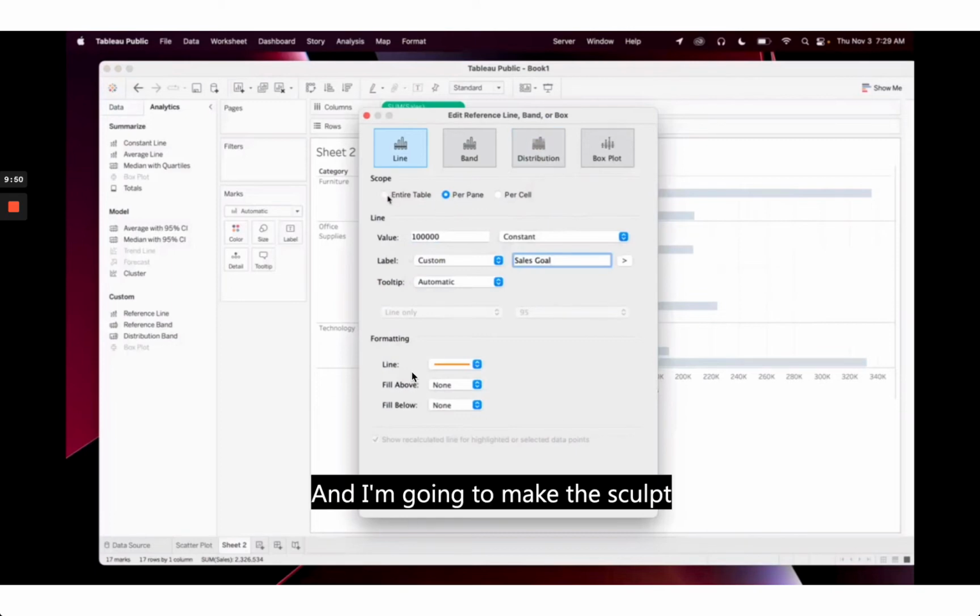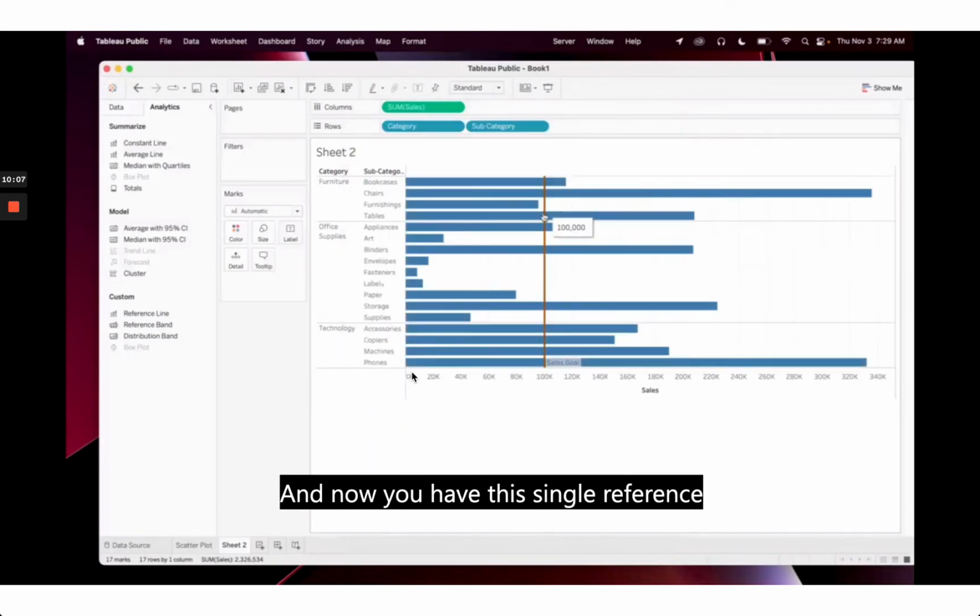And I'm going to make the scope the entire table because the sales goal applies to all products. So this is how it's going to look. I'm going to select entire table, choose a constant value of $100,000. I'm going to label it sales goal. I'm going to keep the color orange and click OK. And now you have this single reference line that represents your sales goal, and you can see which bars exceeded